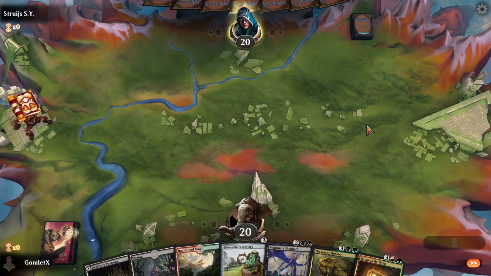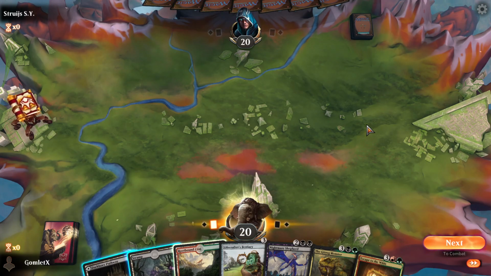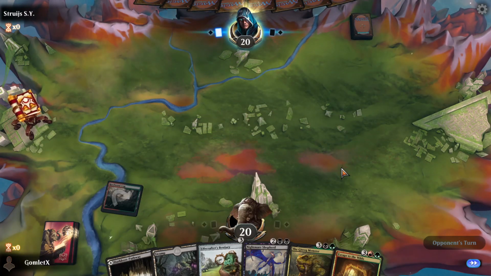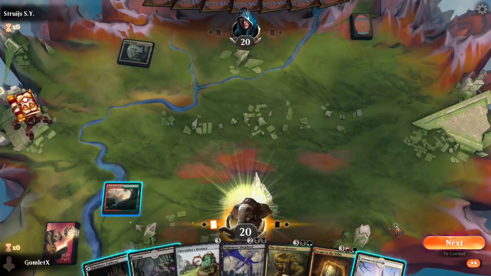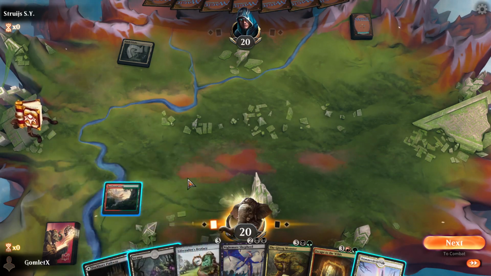I forgot to put Karuga in the companion slot, so we'll do that in between rounds here. That's hilarious. Alright, we'll turn one our Rootbound Crag here. This hand looks quite good. It's quite slow, but our deck is quite slow, so...